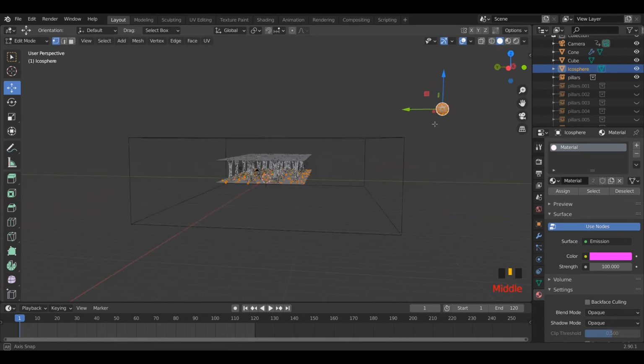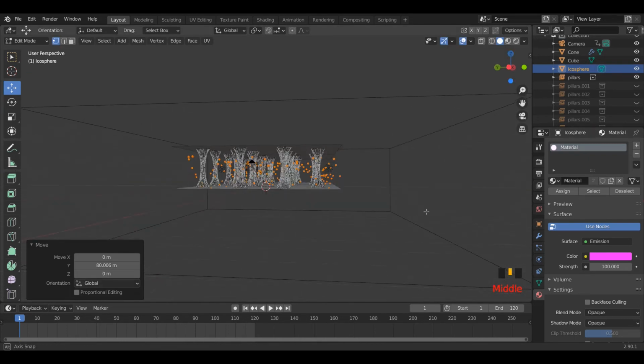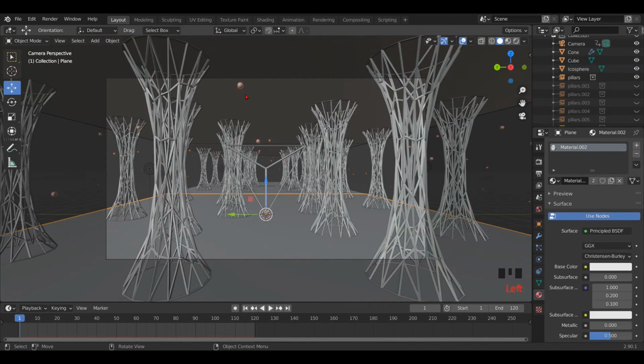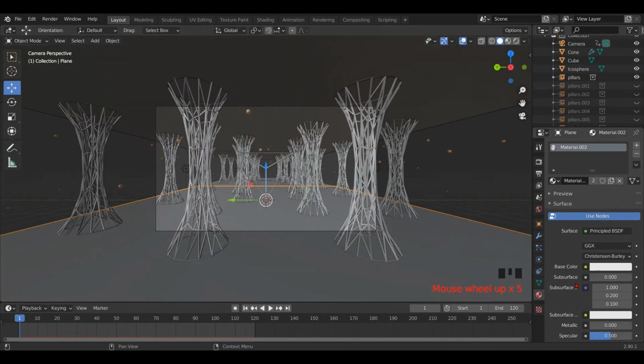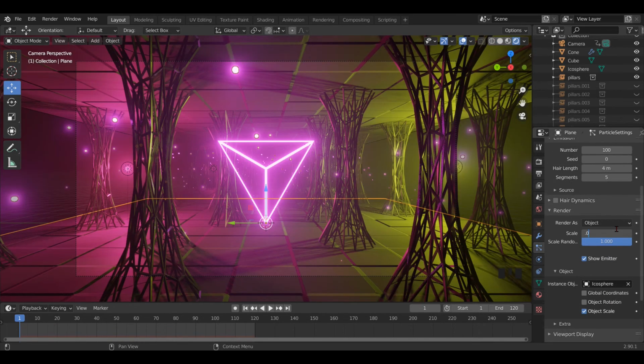Now adjust the particles according to your need. Tab key again for object mode. If you change the scale size, then you have to adjust the icosphere again in the edit mode.